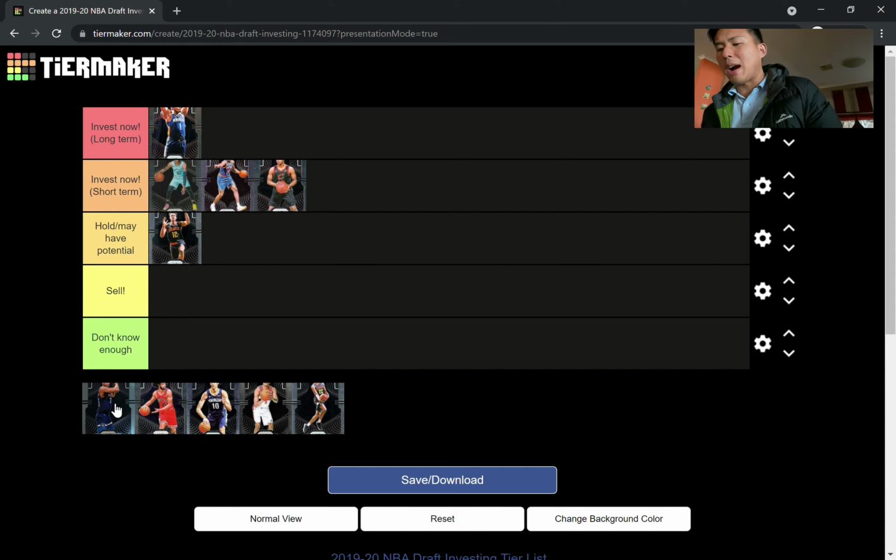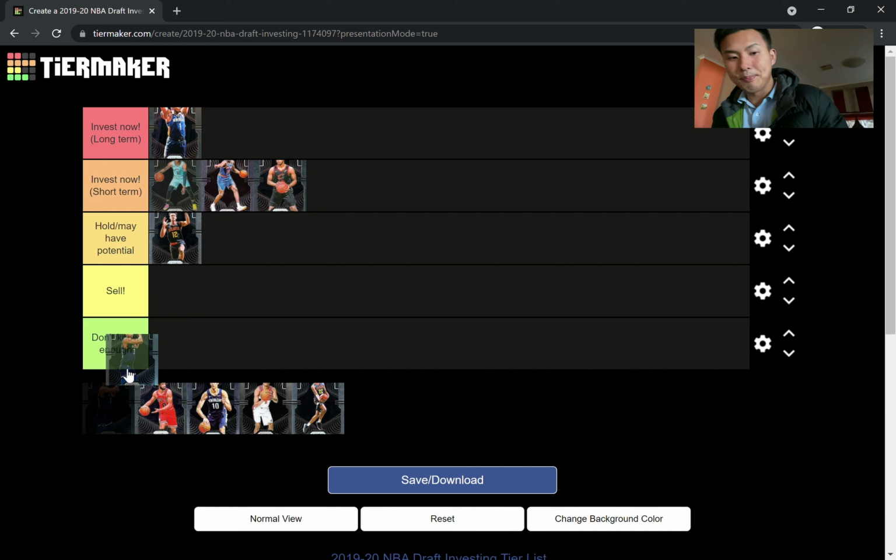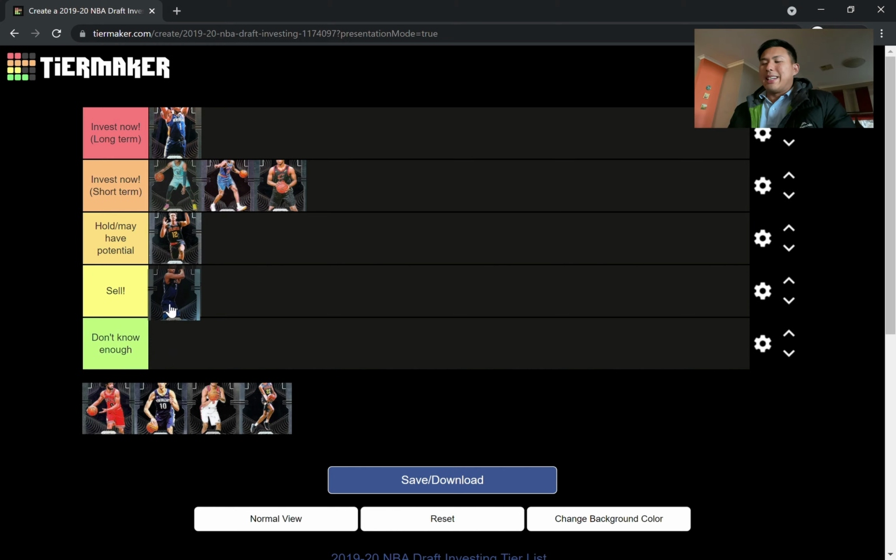Next player up, Jarrett Culver. I'd have Jarrett Culver in the sell category. So for me, Jarrett Culver, point guard in the Minnesota Timberwolves. He's got a crap situation going for him right now. He has Anthony Edwards in front of him. He also has D'Angelo Russell. Malik Beasley is in front of him as well. And Jarrett Culver's a taller point guard, or is he a shooting guard? I'm not too sure. I know he's from Texas Tech. But the issue with him is